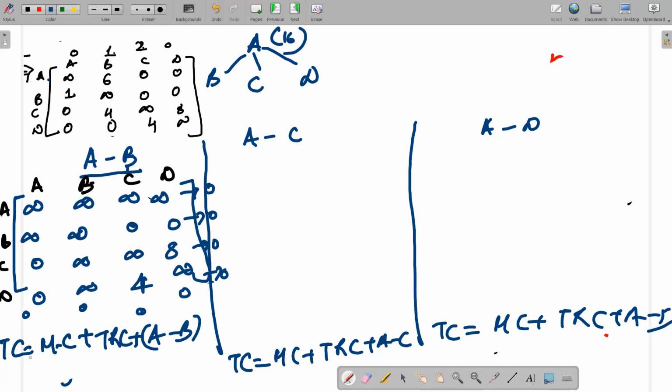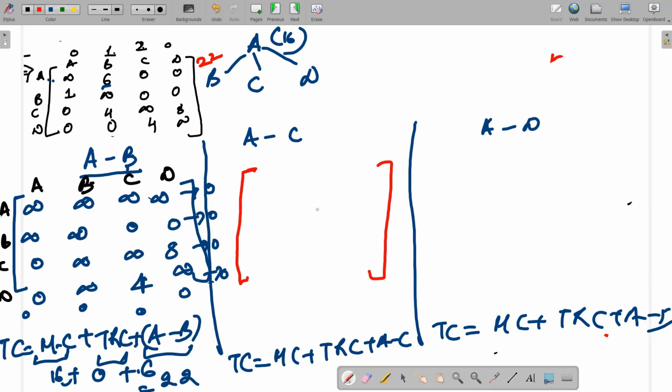So for this answer, the minimum cost is 16 by default. Total reduction cost is 0. There is no reduction cost, and the A to B matrix cost is 6. So the answer is 22. So guys, remember the answer over here. The answer is 22. If we get any answer which is lesser than 22, we'll pick that path, right? So if I have to calculate from A to C,